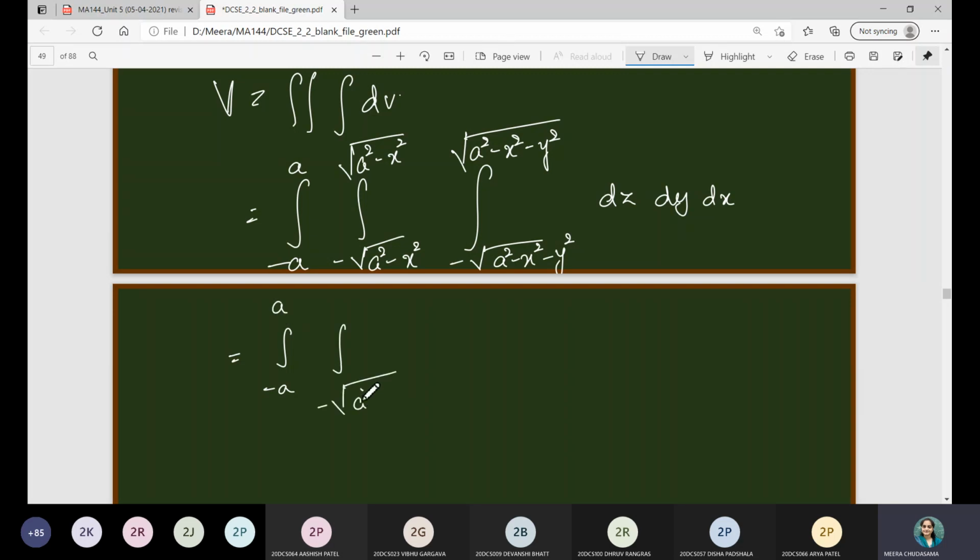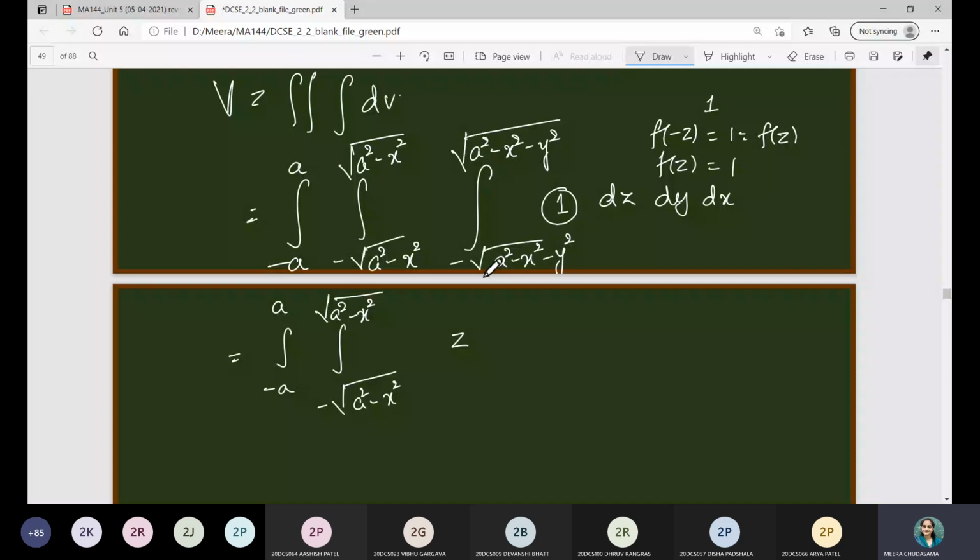Now we will solve this triple integration. You know how to solve this triple integration. So the second integral will also be as it is. Now the third integration, since it is with respect to z, the integral of dz is just z, which is varying from minus square root to positive square root. Here the integrand is 1. If I consider it as a function of z and replace z with minus z, it won't affect it. Whether I write f of z or f of minus z, it is a constant function 1, so f of minus z is also f of z.